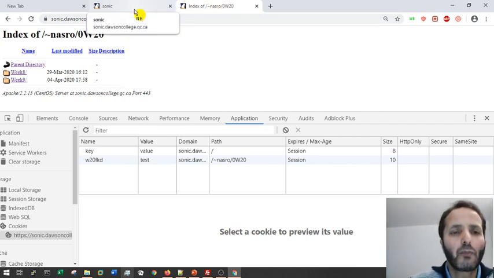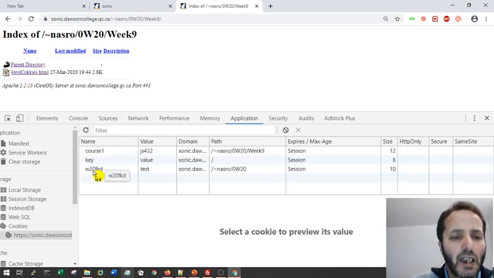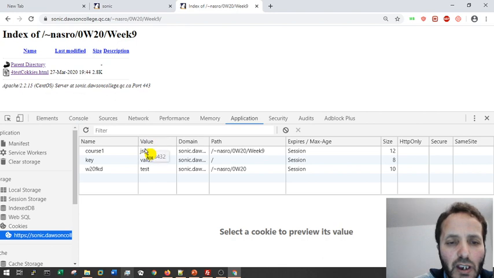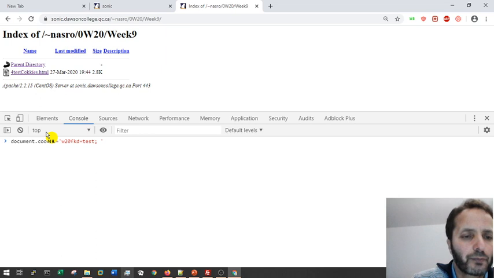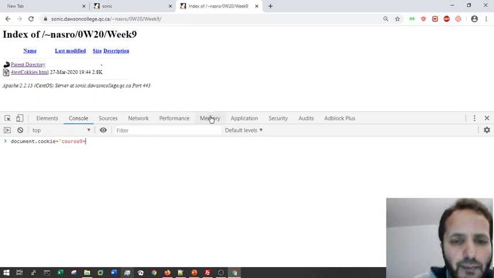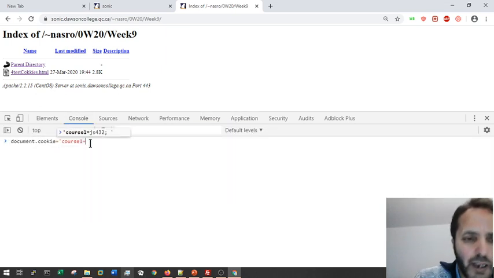Now, how do I remove a cookie? I was in week 9. In week 9, I used to see this course 1 because course 1 I defined in week 9. So I'm going to remove course 1. Application here, this is the course 1. I'm going to remove it. So what do I do? I just put document.cookie, course 1 equal, I don't need to even put the value, but I'm gonna put max